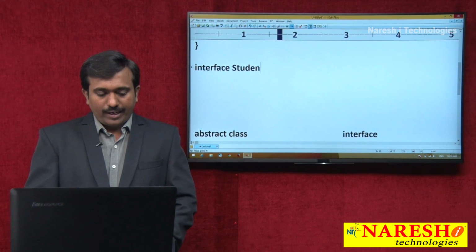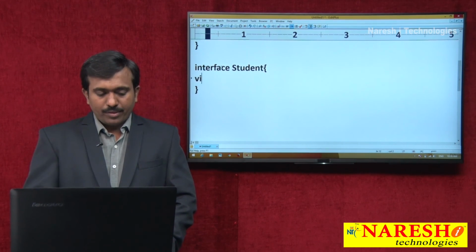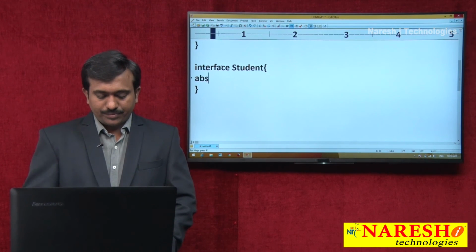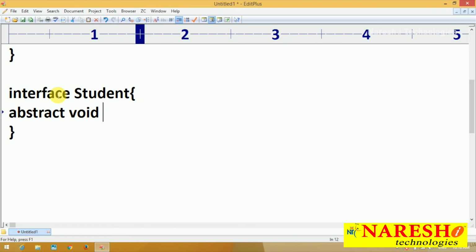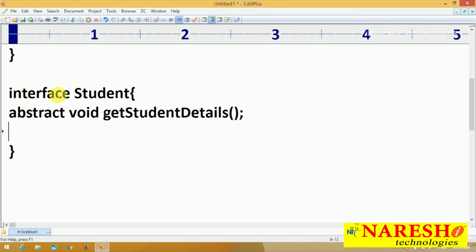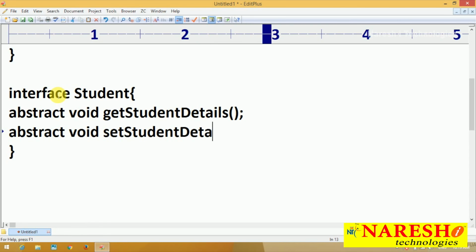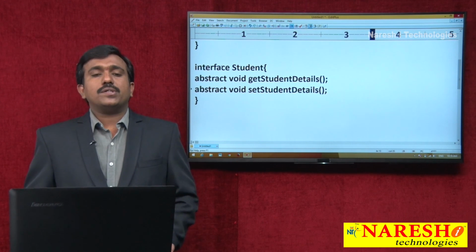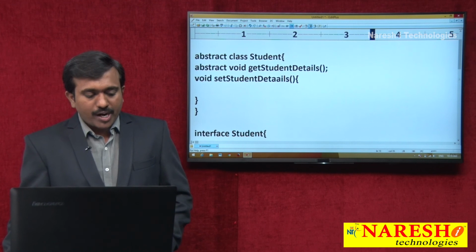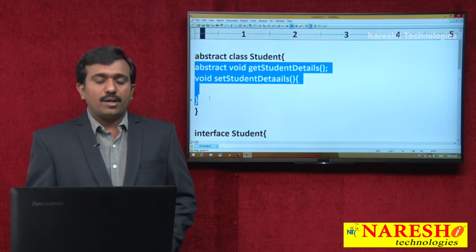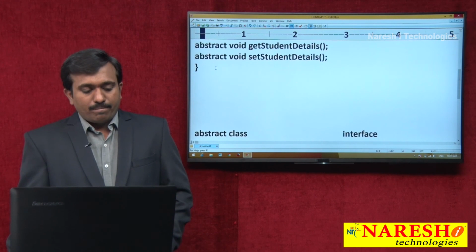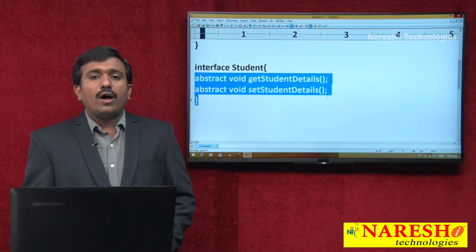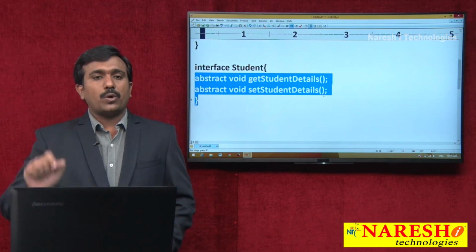For example, here you write an interface Student with abstract void getStudentDetails and abstract void setStudentDetails. So the major difference is that an abstract class allows 0 or n abstract methods and 0 or n concrete methods, but an interface allows 0 or n abstract methods only.